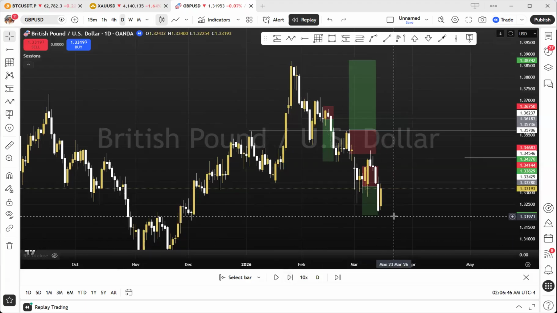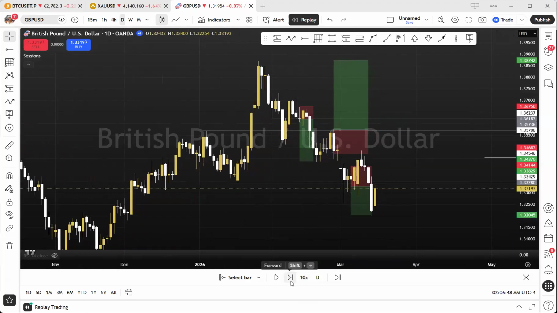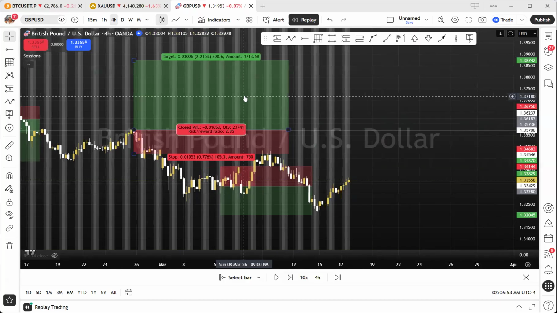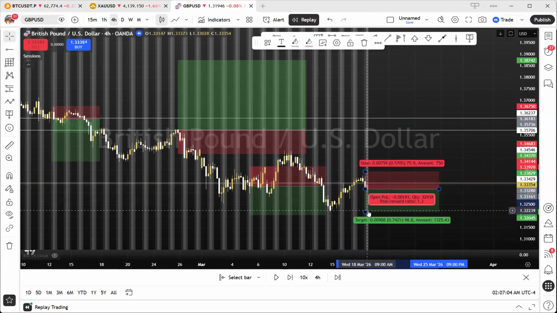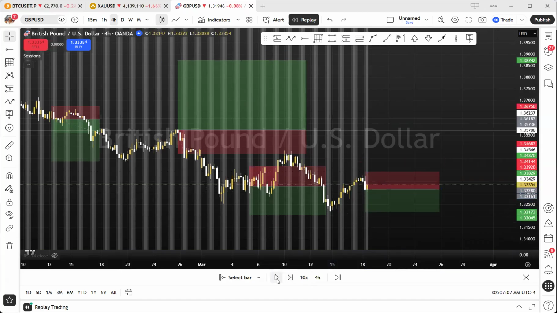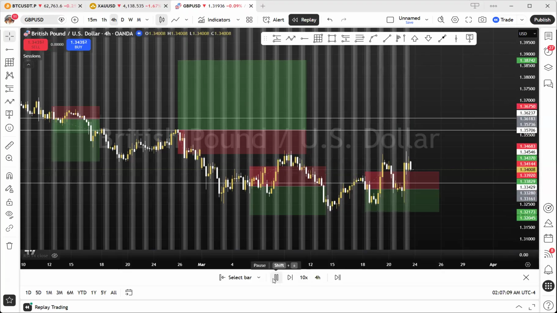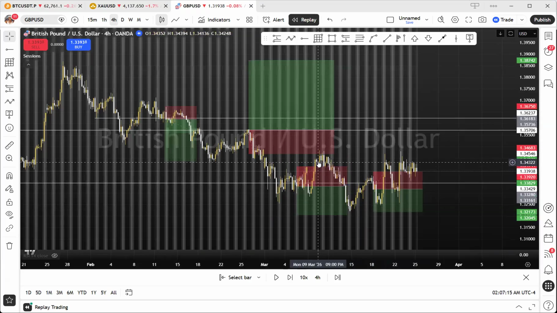See? So now that we see a break, let's then see what could happen when price comes back above. So we have a break and we have a short and stop loss above. First take profit here, and then let's see what happens. Gosh, I hate this pair. We have an indication, correction,